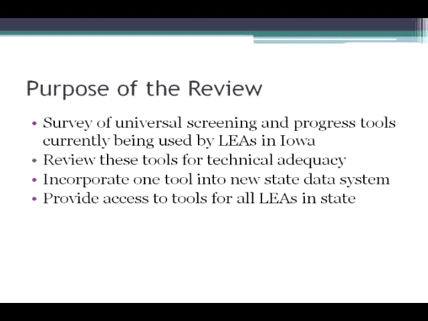Part of the reason is because one of these tools, or a portion of the tool at each grade level, will be incorporated into a new state database. Part of this data system will include access to one tool, not necessarily the same tool from the same publisher, at each grade level, into the system so that every school district across the state of Iowa will have access